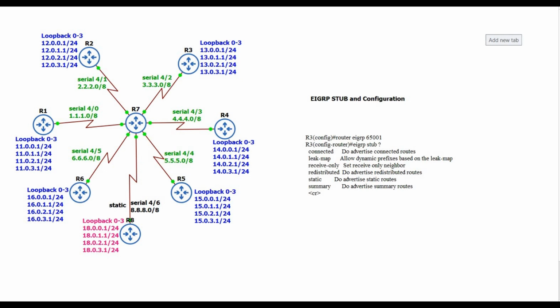In this video, we are going to see how to configure EIGRP stub. We will see stub connected, leak map, receive only, redistributed, static, and summary. So first of all, we are going to assign the IP addresses as per the diagram,